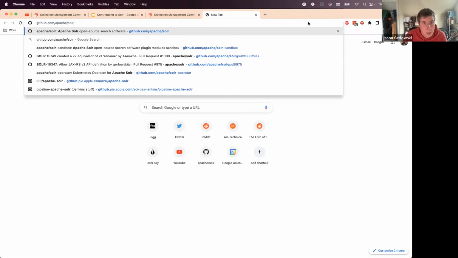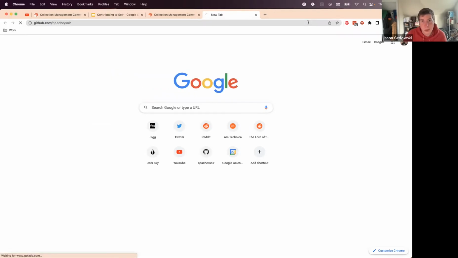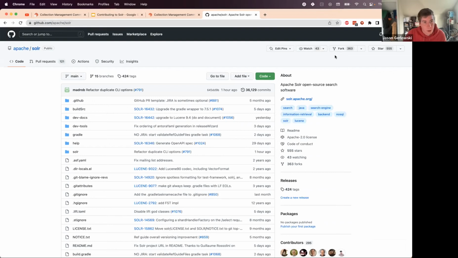So if there's anyone here, and for the recording too, I will say that GitHub has kind of introductions to Git and introductions to the fork and pull request model that are way better than anything I could cover here. But just to give a very quick overview, if you want to work on Solr, if you want to create a fork and create a PR, you would go to the main Apache Solr repository. You would hit this fork button. And what it would do is it would create a